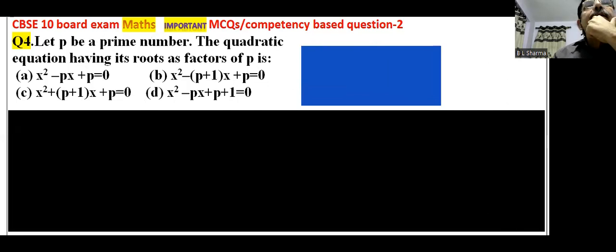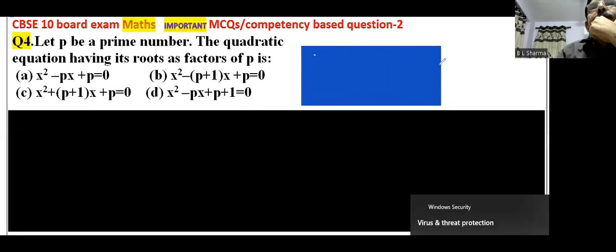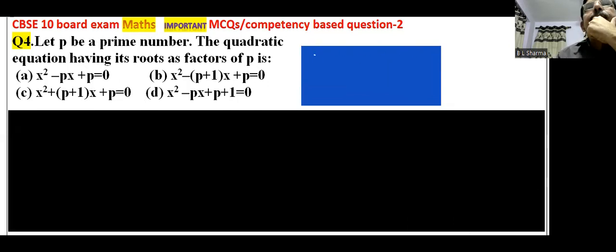Here you can take an example 3. देखिए 3 is a prime number. We can take example 3, prime number है, तो एक तो इसका फैक्टर 1 है और एक the number itself है। You can take the prime number 2, one factor is 1, other factor is 2, the number itself. If you are taking prime number p, so one factor is 1 and other is the number itself. So question में it is given in the question